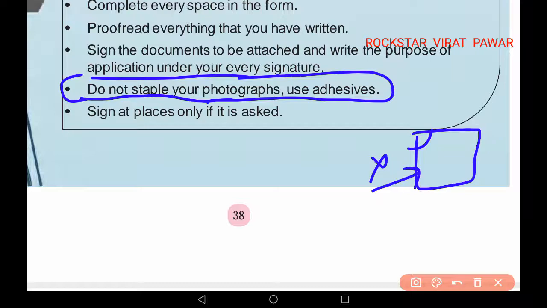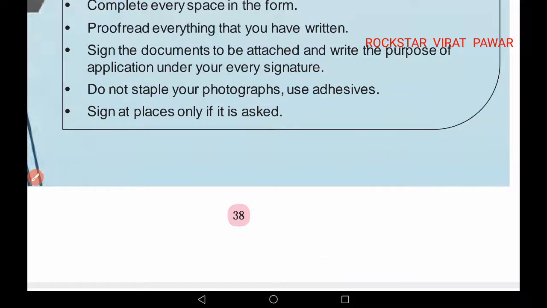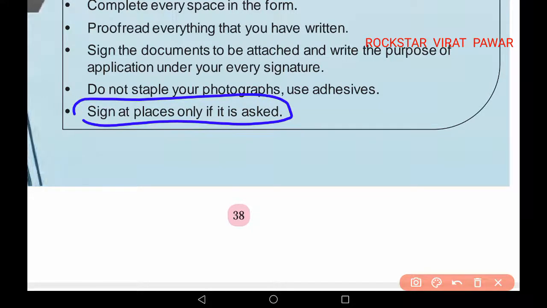You have to attach these photographs with the use of Fevicol or adhesive products like Fevicol, and you should adhere your photograph. Sign at places only if it is asked. If a signature of the applicant column is given, then you have to sign only there, not everywhere. Okay.